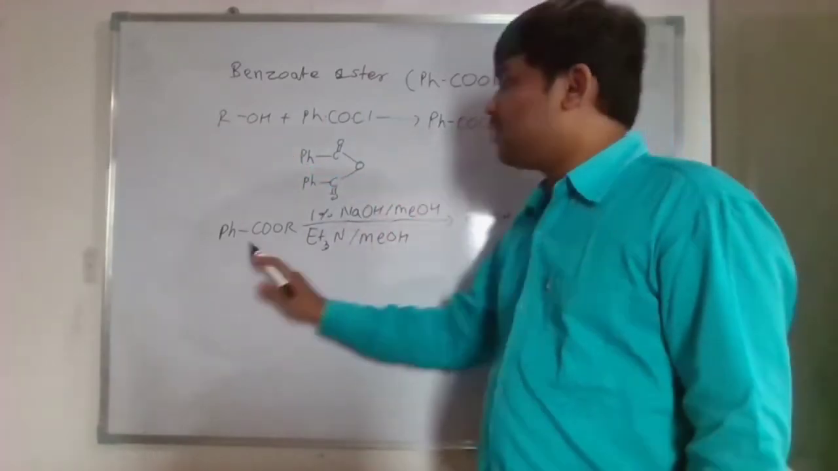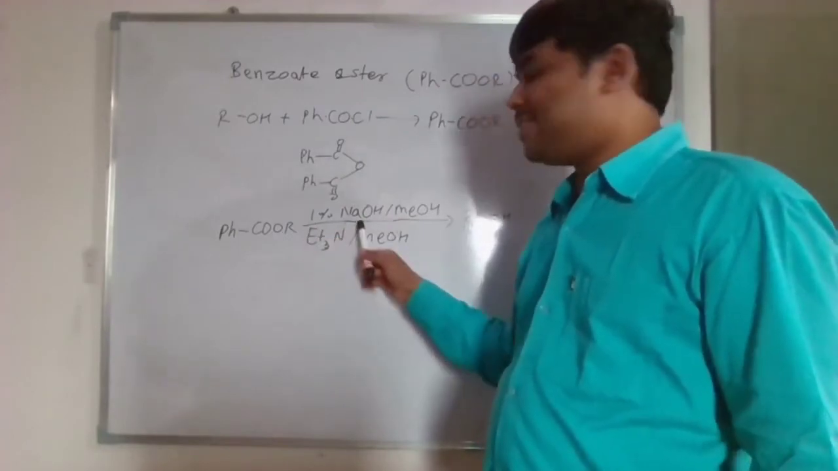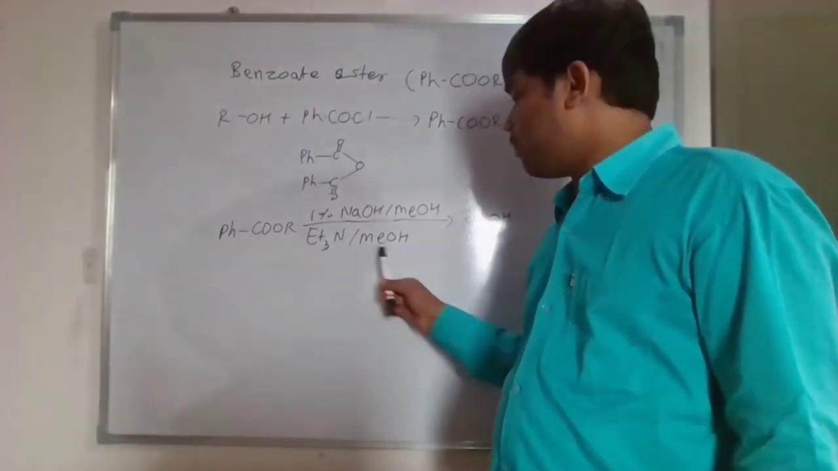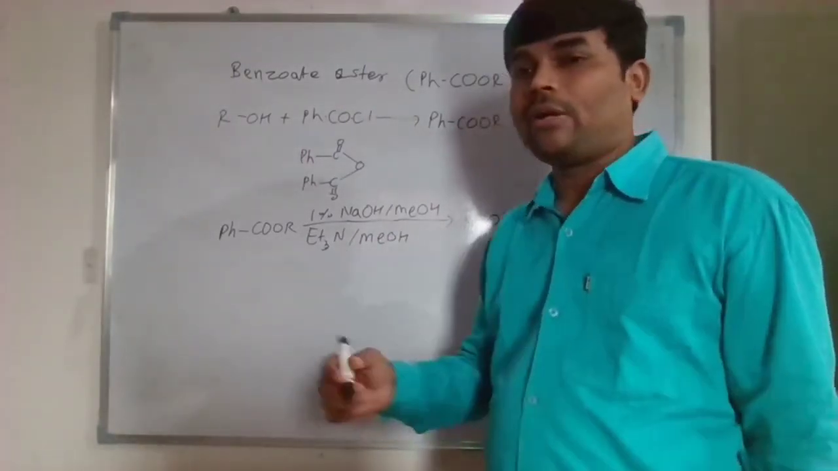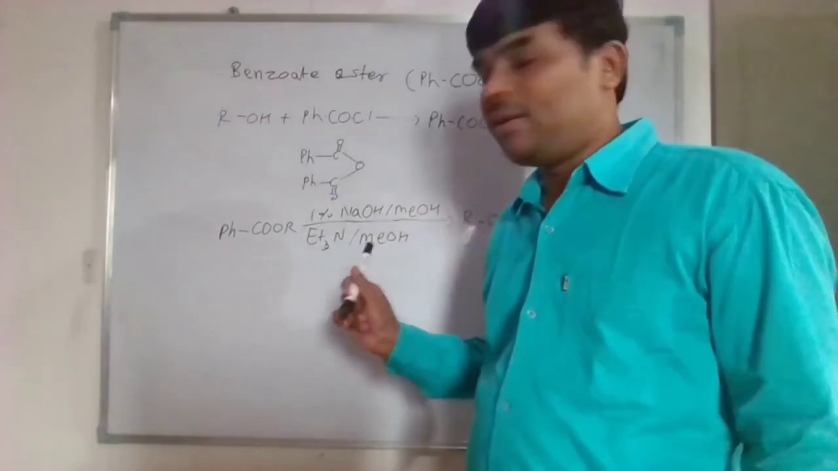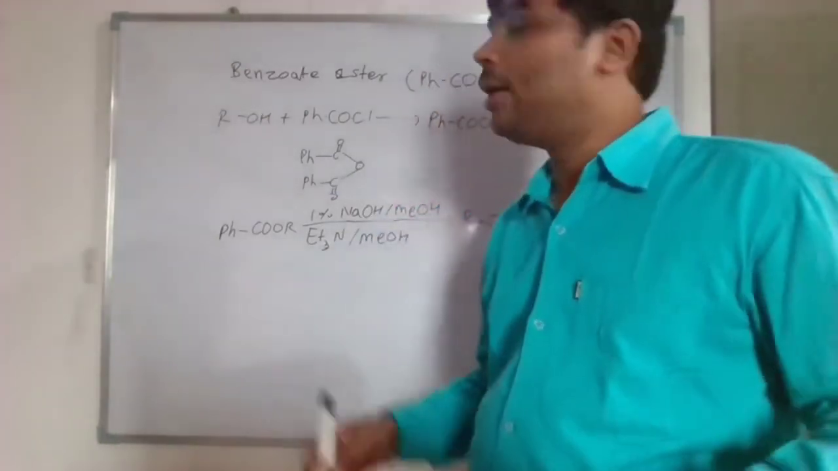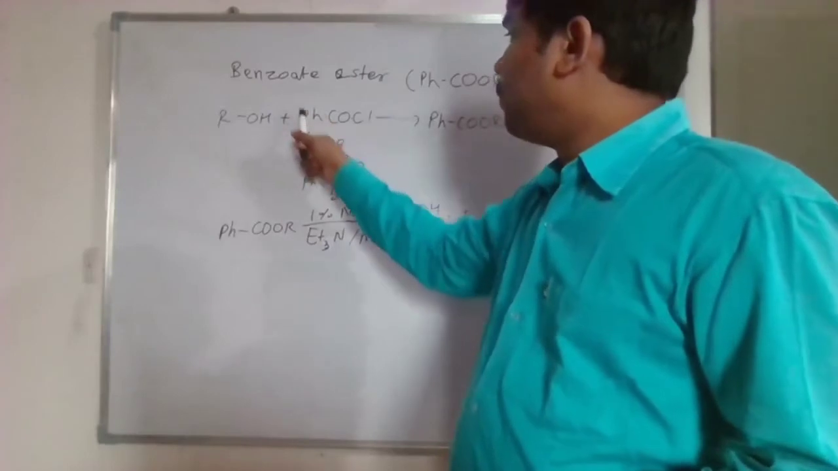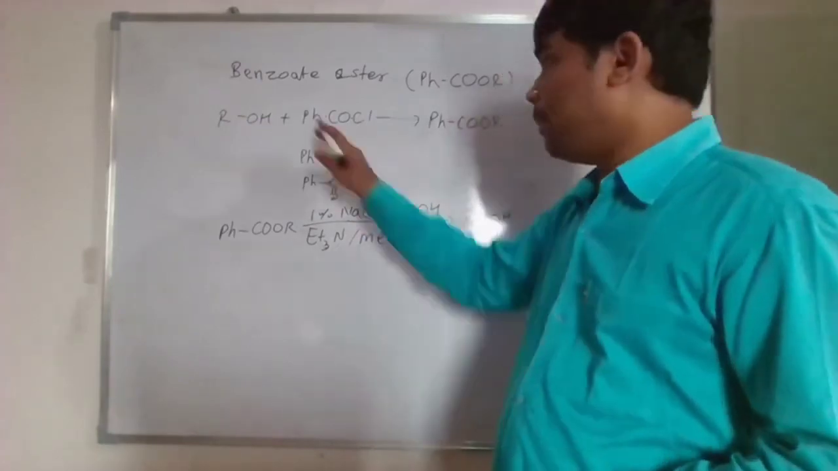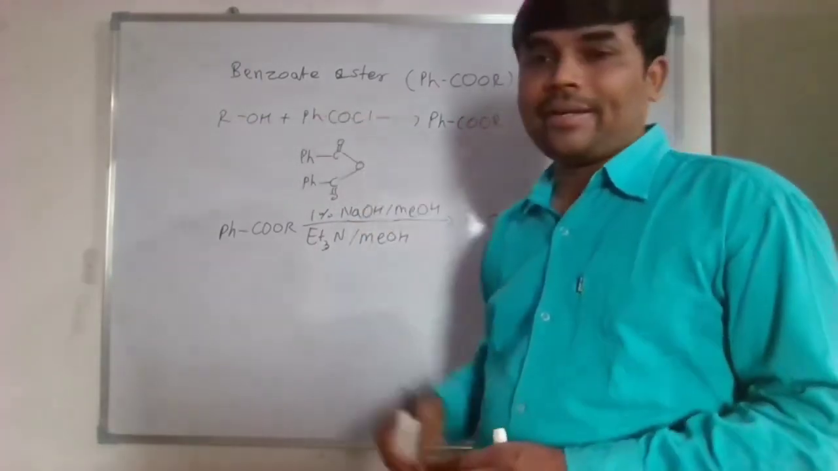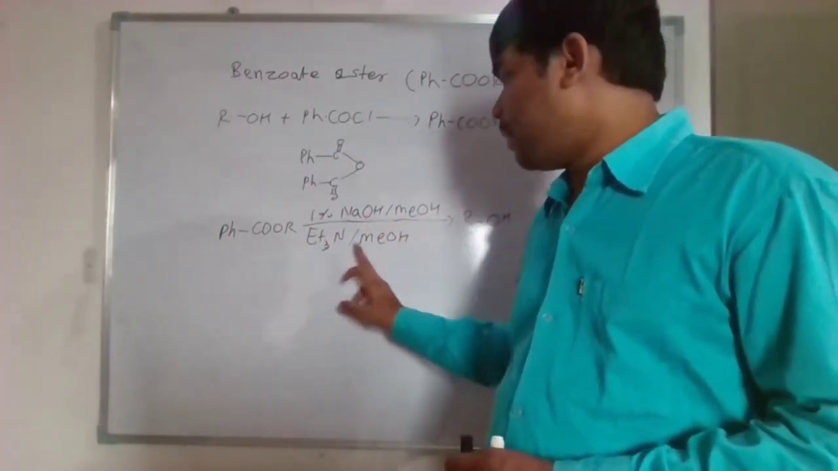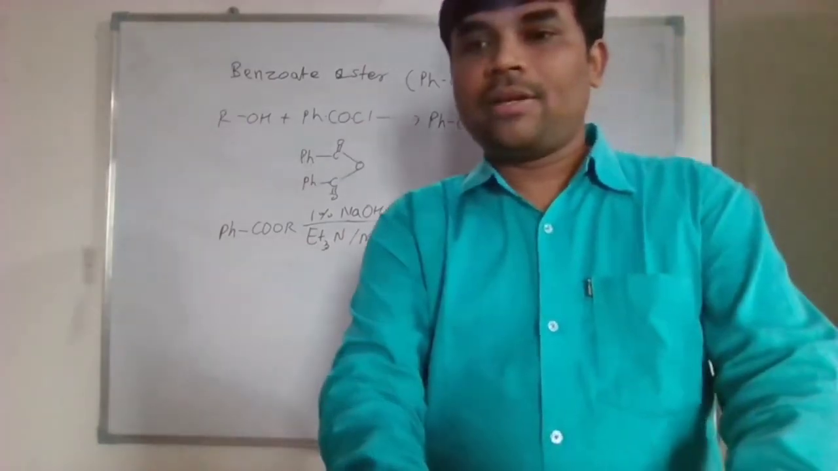Now, this benzoate ester can be deprotected by 1% sodium hydroxide with methyl alcohol, or triethylamine with methyl alcohol. By this way, this benzoate ester is deprotected and we get this primary alcohol. Alcohol is protected by either benzoic anhydride or benzoyl chloride. We get this benzoate ester and it is deprotected by 1% NaOH with methyl alcohol or triethylamine with methyl alcohol. By this way, we can